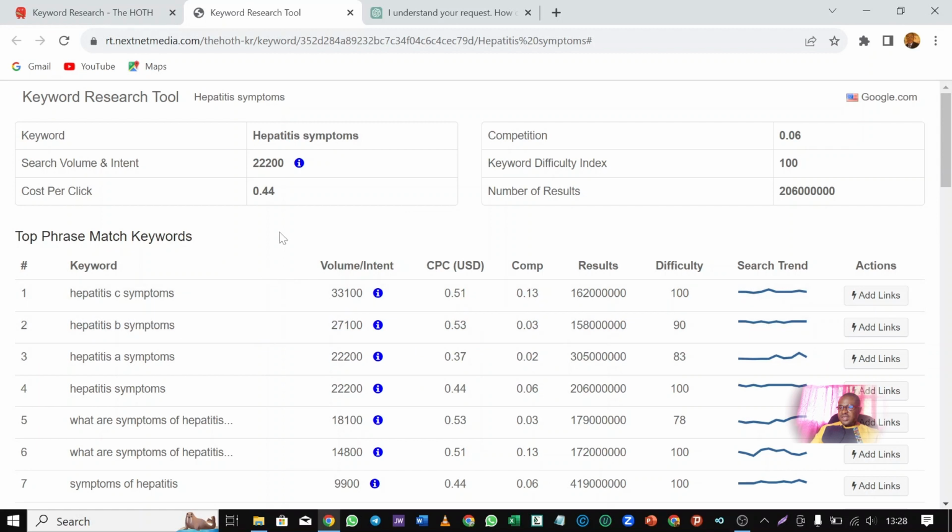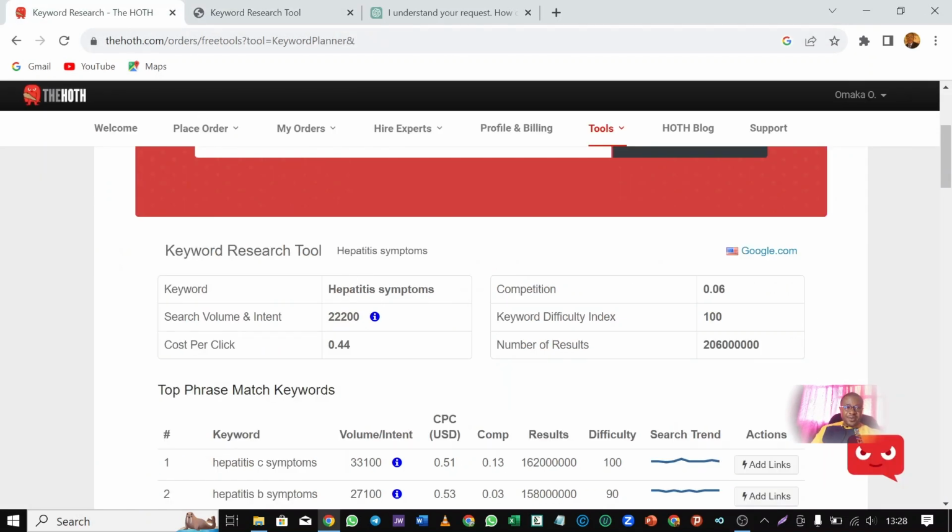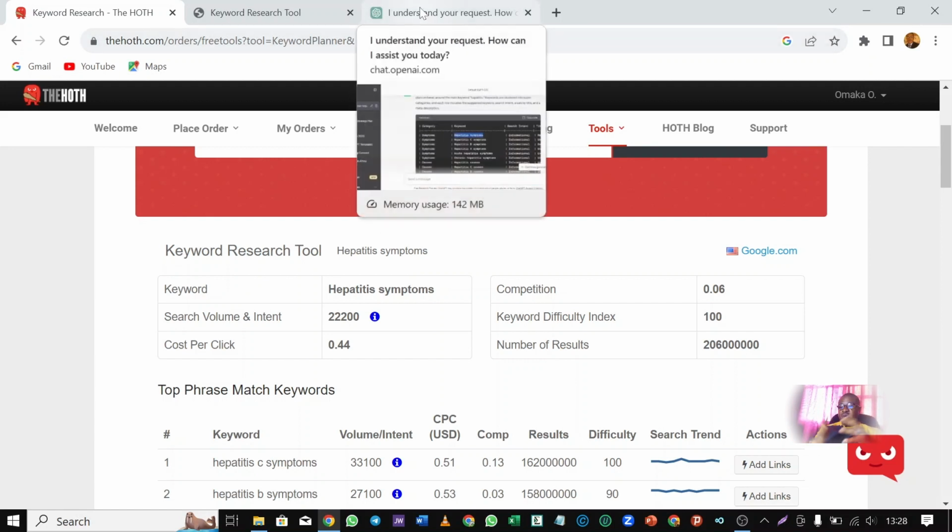I'm going to show you just something little for you to see. You see that these keywords, the search volumes and the rest, are actual live data being generated from Google. All right. So now we know that we have a very good, reliable keyword we can use in our blog.